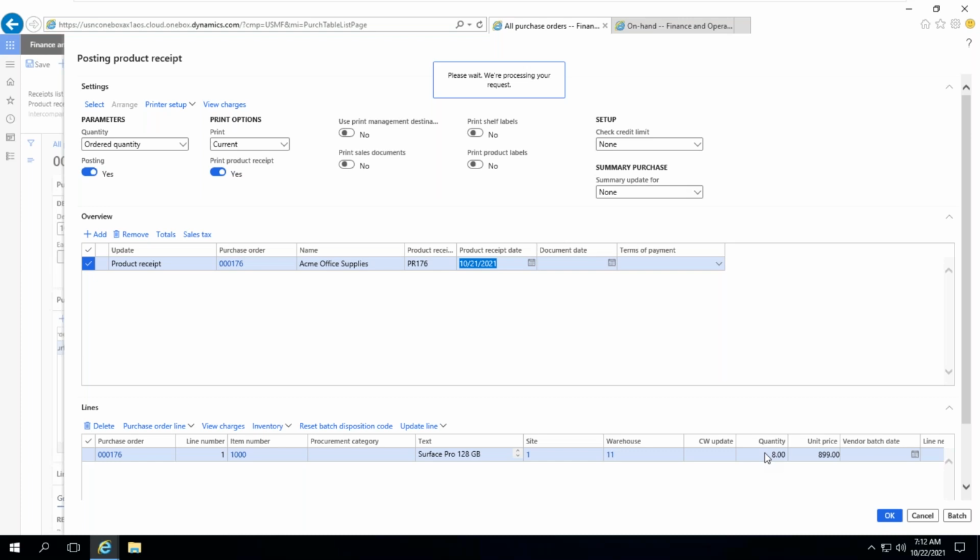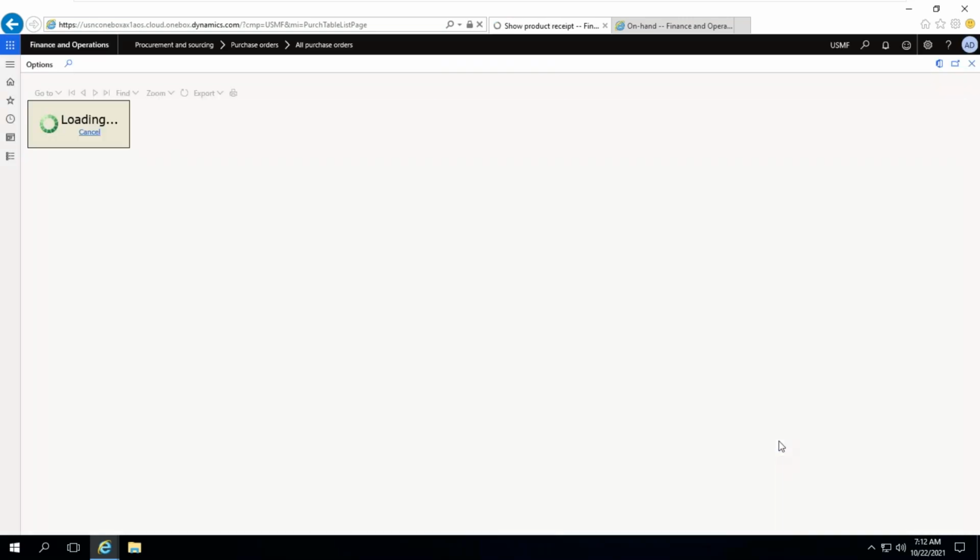But I cannot edit the purchase order after confirmation, right? No, you are not modifying the purchase order. You are modifying the product receipt. Okay. In this you can modify, or one more box is there, the receive now checkbox. In the receive now you can enter the quantity. That quantity can be executed. I will show you that one also.